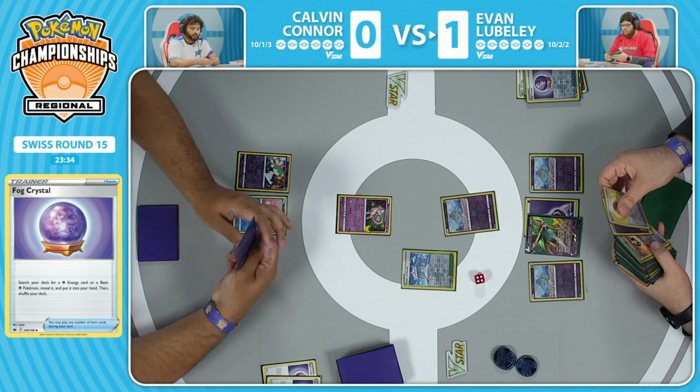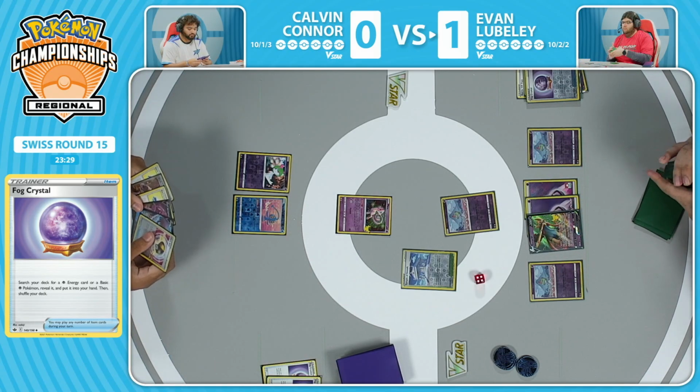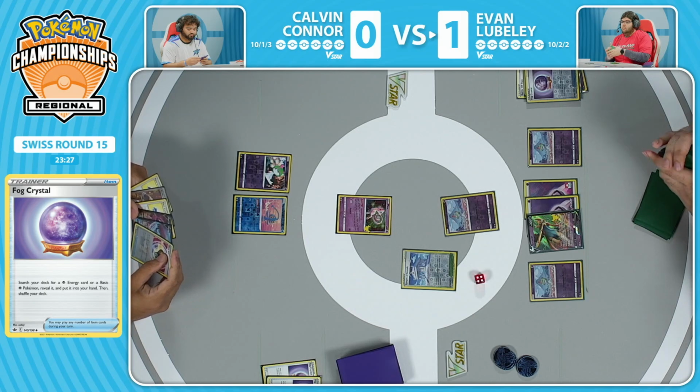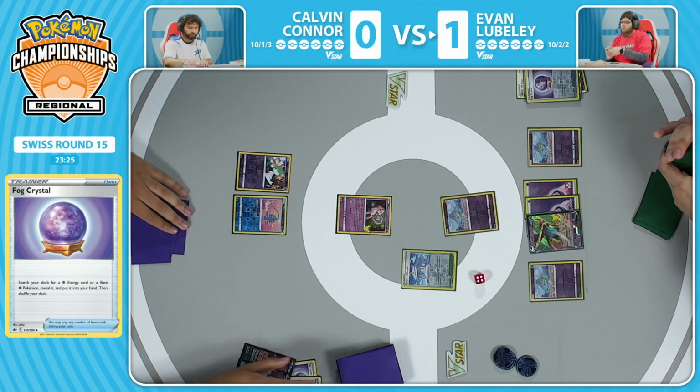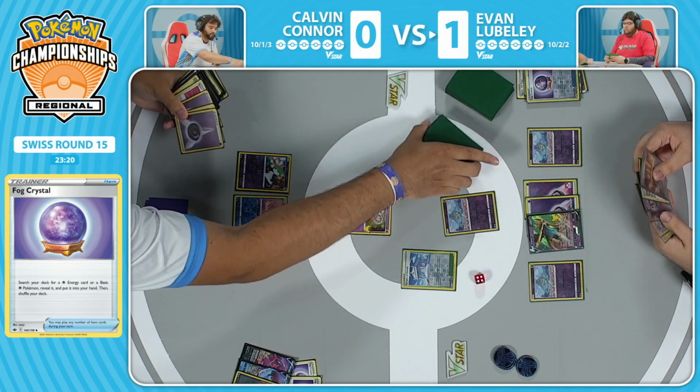Using VIP Pass to get the Greninja and then playing Research, you've got so many more Ralts in the deck. You've got Level Balls, you've got Fog Crystals, so many more ways to get one in play. Evan didn't choose to go that route, though. Did still get the attachment to Zacian, did get that Roar of the Sword off,